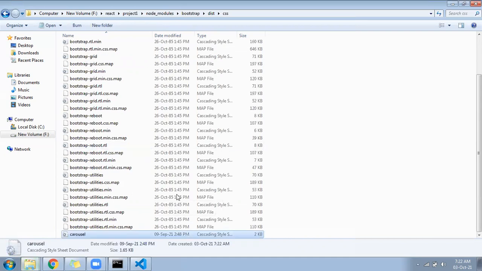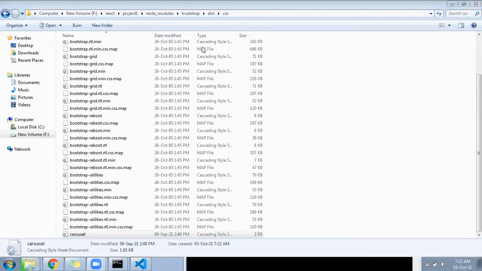I'm sending the same file in the chat. One file is going to come in your chat. Download that CSS file and keep it in this folder. Hope you can see the path: under node modules, bootstrap, dist, and then CSS.